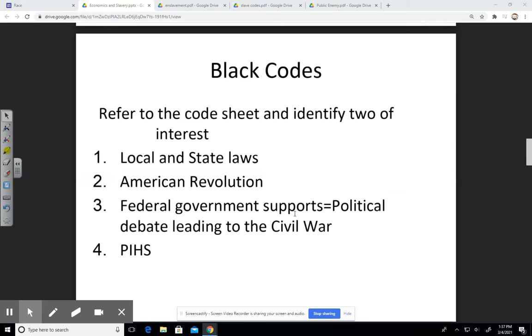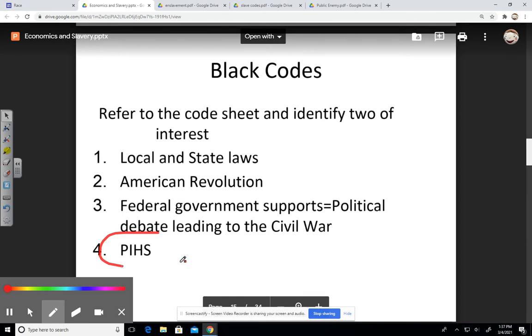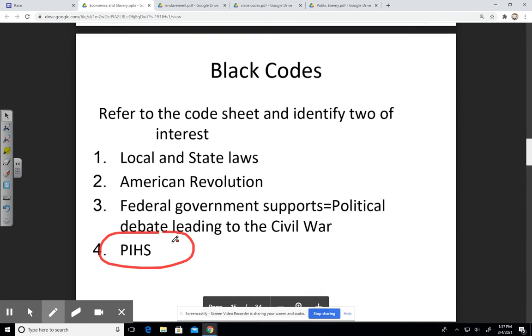Going to finish up with part two of the economics of slavery. So we left off in the last screencast with the phrase permanent involuntary hereditary servitude, which means this is permanent, it's involuntary against your will, it's hereditary. Your children will also be subjected to this treatment and servitude, slavery. So when I use the phrase PIHS, that's what I want you to think about.